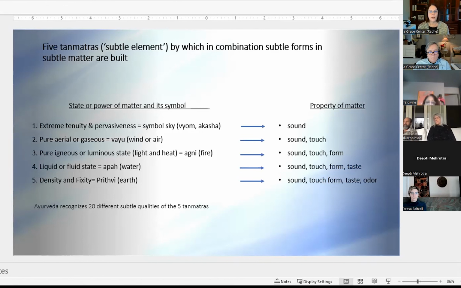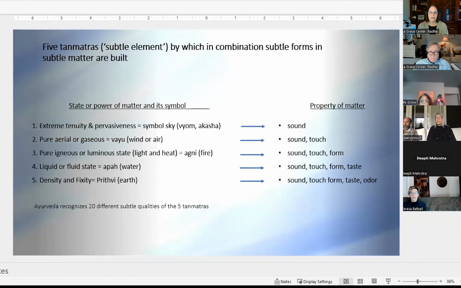And so now, as we look at fire or Agni, in addition to the sound and the contact, matter evolved a third property from fire, and that was form, which couldn't be developed in pure air, because it wasn't dense enough. And obviously, it was also too volatile to form an actual structure or form. And so this power of matter that had light and heat within it,